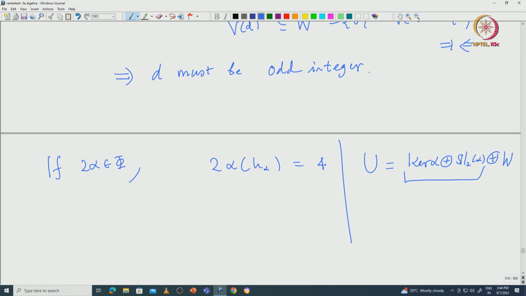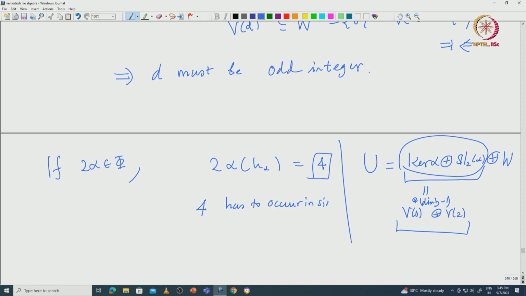So, this is exactly equal to V of 0, which is dimension H minus 1 times, and then direct sum V of 2. So, that means this eigenvalue 4 cannot occur inside this kernel alpha direct sum SL2 of alpha. So, that means if this eigenvalue 4 at all occurs, this has to occur